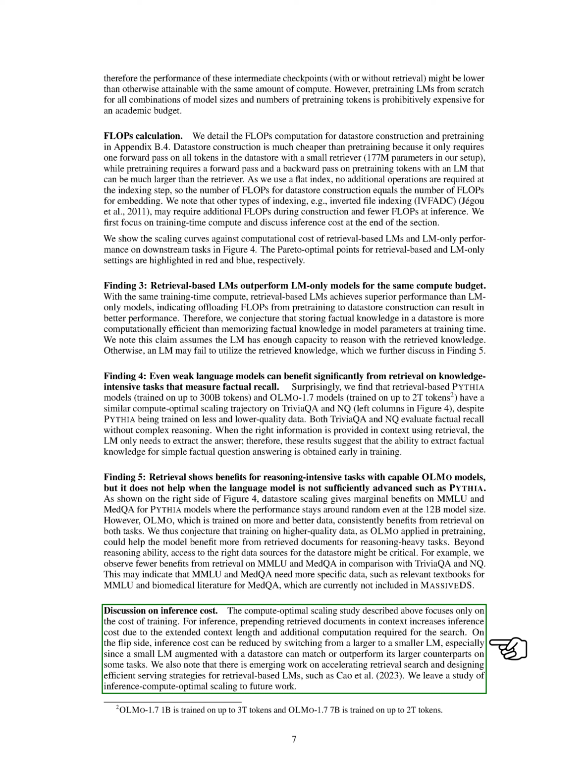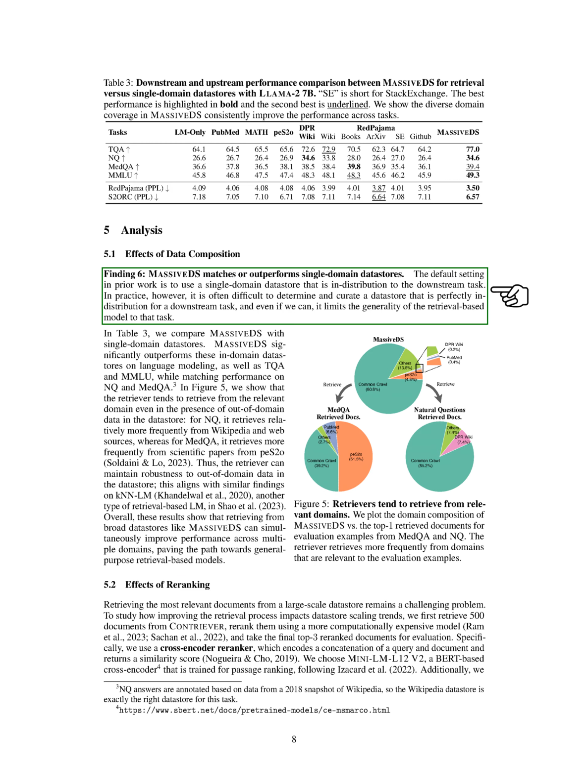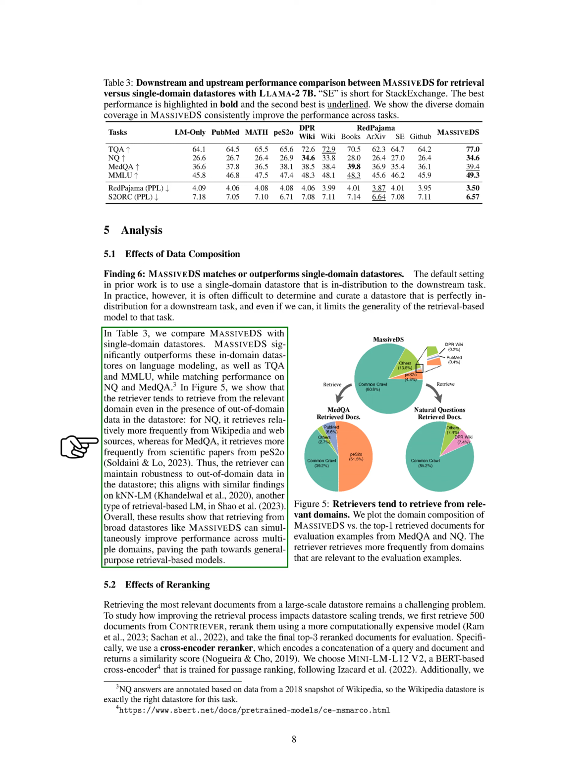Finding 6 shows that MassiveDS either matches or outperforms single-domain datastores. Previous studies typically used a single-domain datastore that aligns with the downstream task. However, it can be challenging to create a datastore that perfectly fits a downstream task, and even if we succeed, it limits the model's generalizability. In our comparisons, MassiveDS significantly outperformed these single-domain datastores in language modeling, TQA, and MMLU, while matching performance on NQ